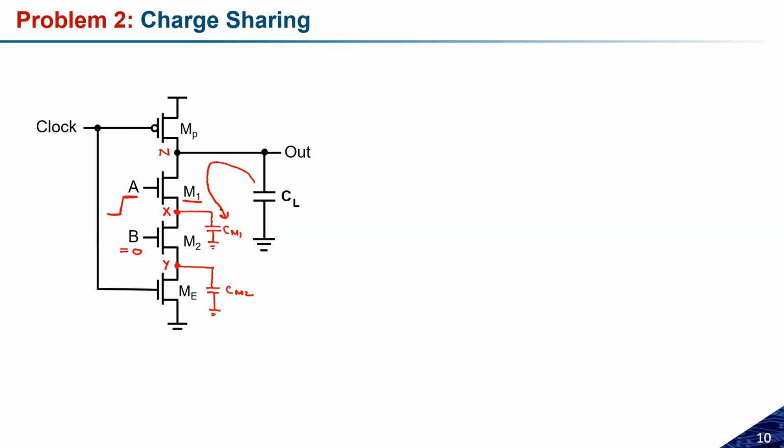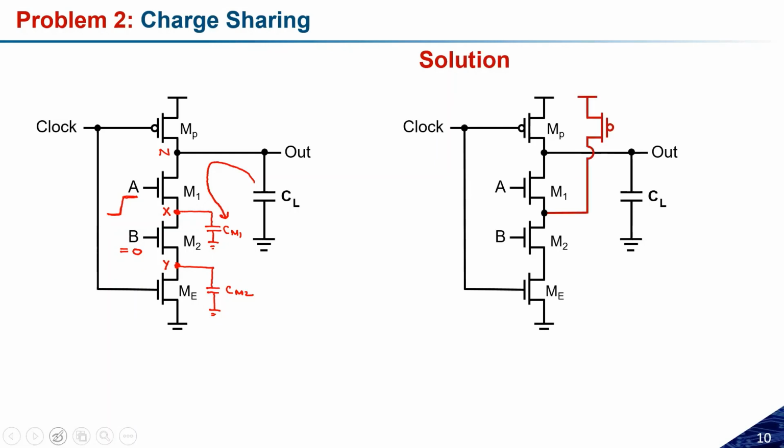So to overcome that problem, what could be the solution? Can anyone suggest, by considering the previous solutions? Yes, so that same keeper thing. The same kind of keeper transistor can be connected at this node X, so that we can hold this logic and the problem can be overcome. So this is one of the solutions, we can use one keeper transistor here, and that could be activated something like this.